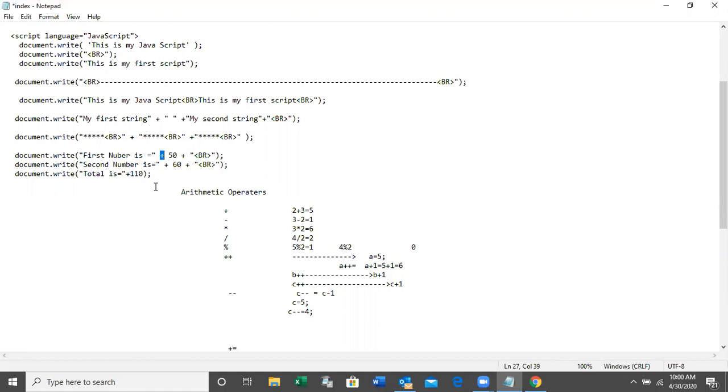We can join a string with a number, or we can join two strings. See here, this is the first string, and this is the space. I just join the first string with the space. In between, you have to put the plus operator. We can use this plus operator to join two strings or a string with a number.